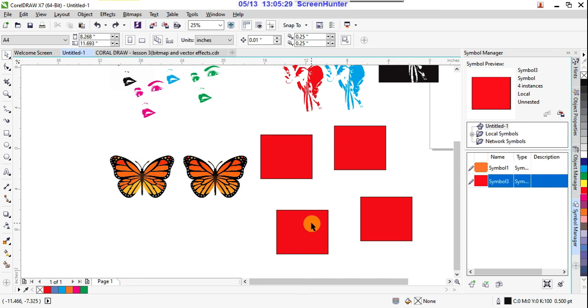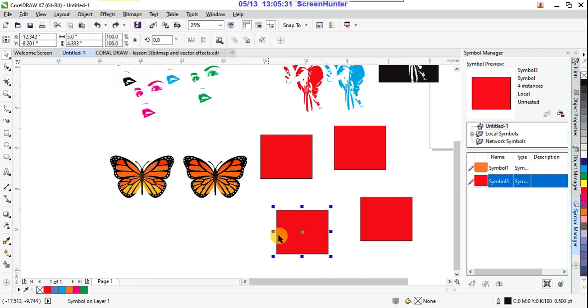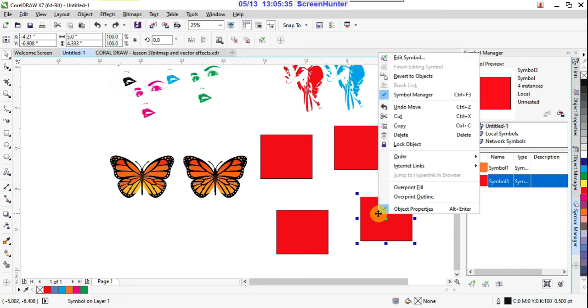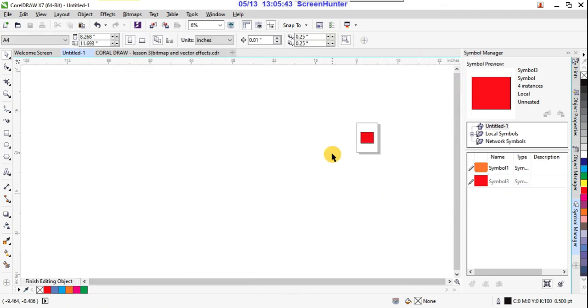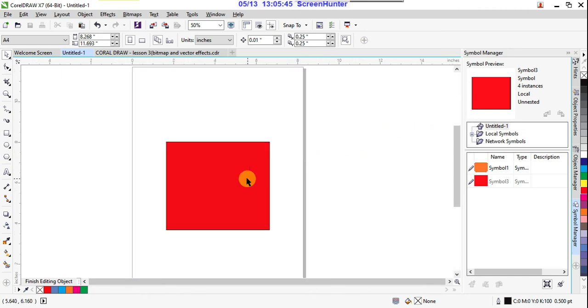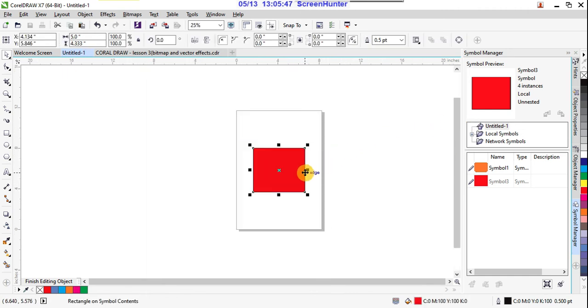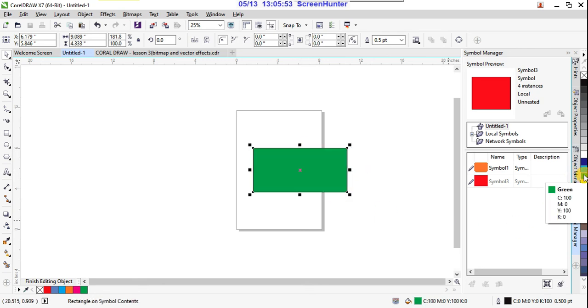So next, you select any symbol and right click on that, and you'll get Edit Symbol. Just click on that, right? So now you can edit the symbol. Edit means you can drag this, change your shape, or otherwise change the fill color. So now what will happen?